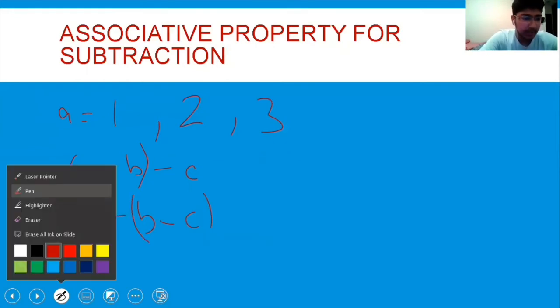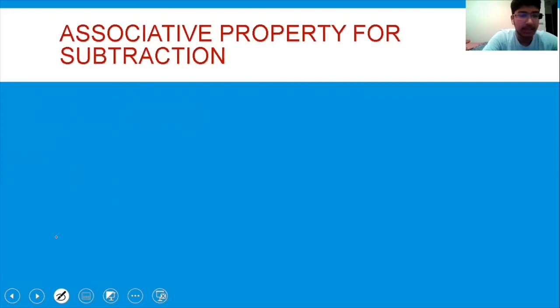So now let's try and actually solve them by substituting the values. 1 minus 2 minus 3. The first way says that we'll group A and B together. So if we group these two together, we have to use the BODMAS rule. BODMAS clearly states that the brackets should be solved first, and then we should go on to the subtraction, that is minus 3 over here. So first we have to solve the bracket. So 1 minus 2 will give us minus 1, and then minus 1 minus 3, that's equal to minus 4. So yeah, your first answer is minus 4.